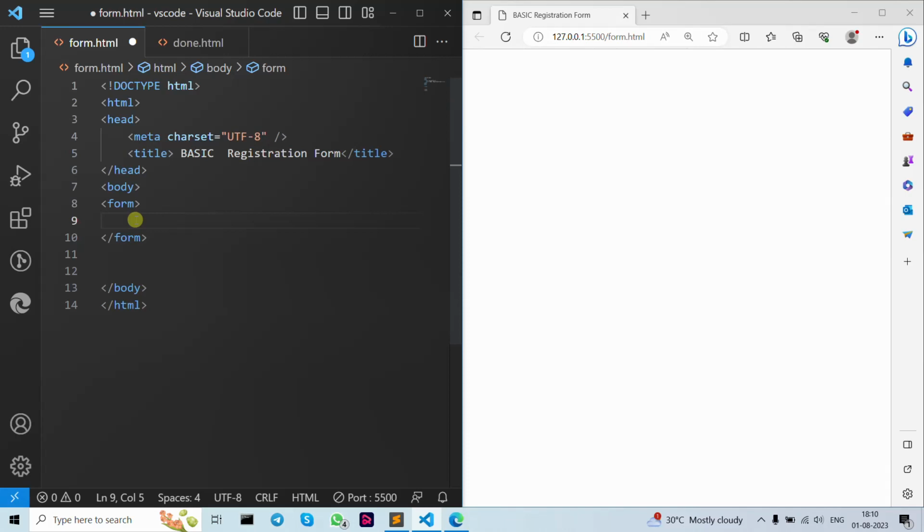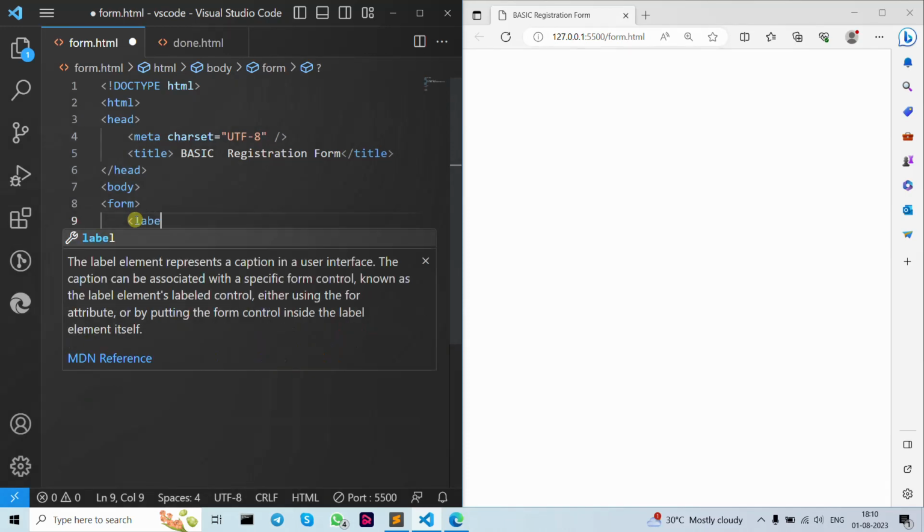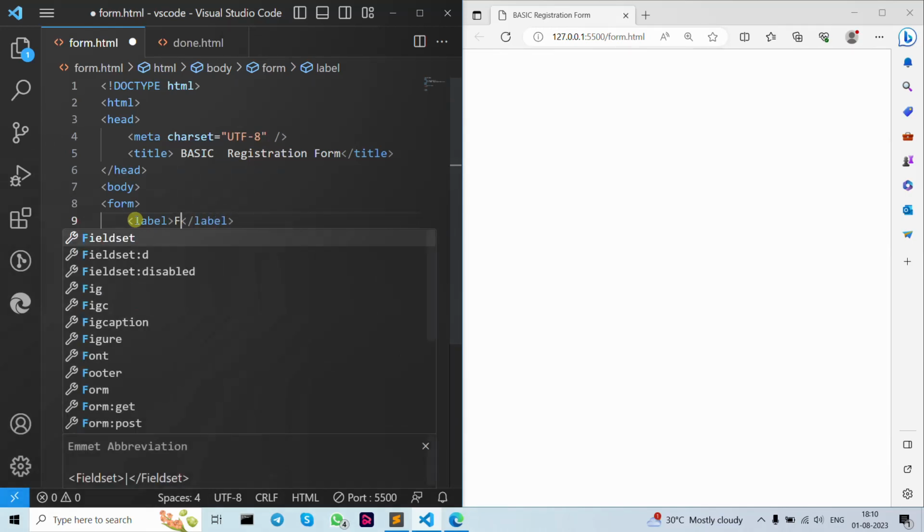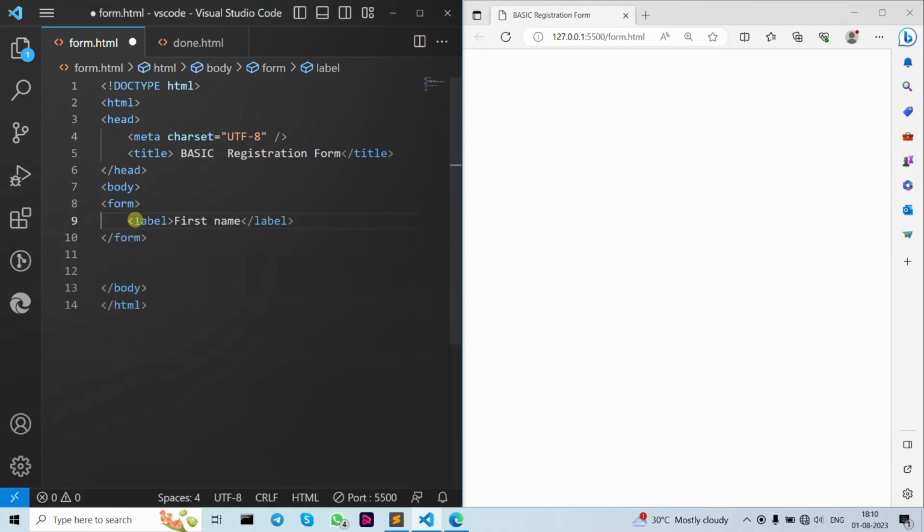Okay, so let's take a label, so the browser can understand this is our first name, and sample. Then save. As you can see, our first name. Okay. As you can see, anywhere when you write down any registration form, you can see a square bracket